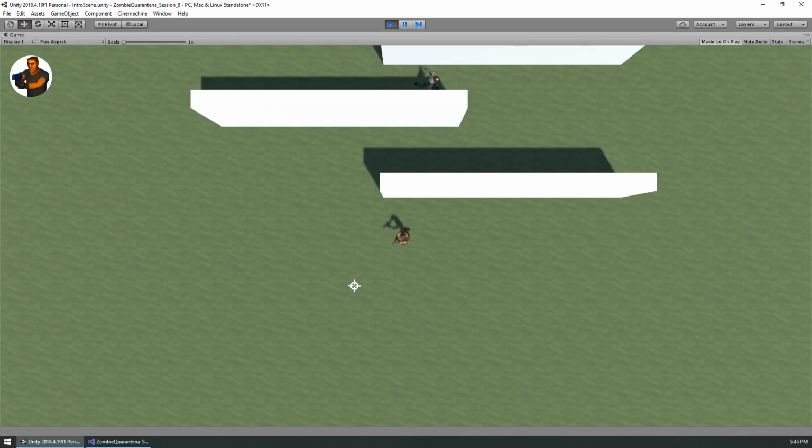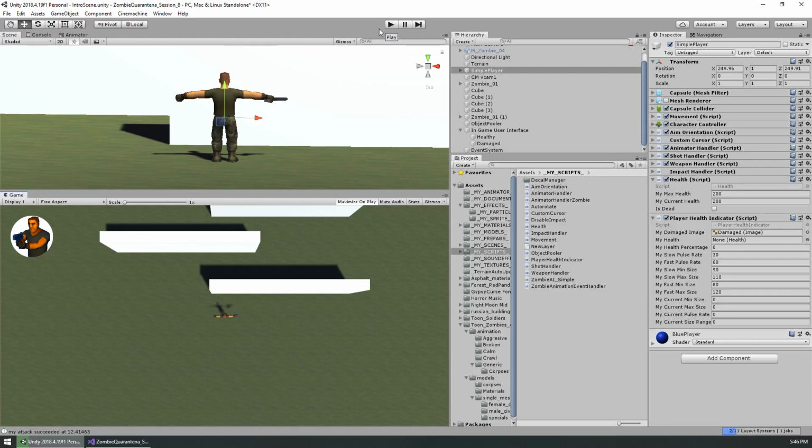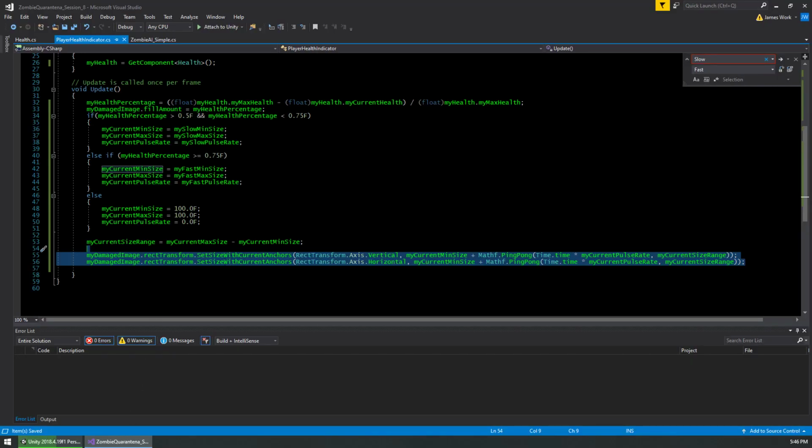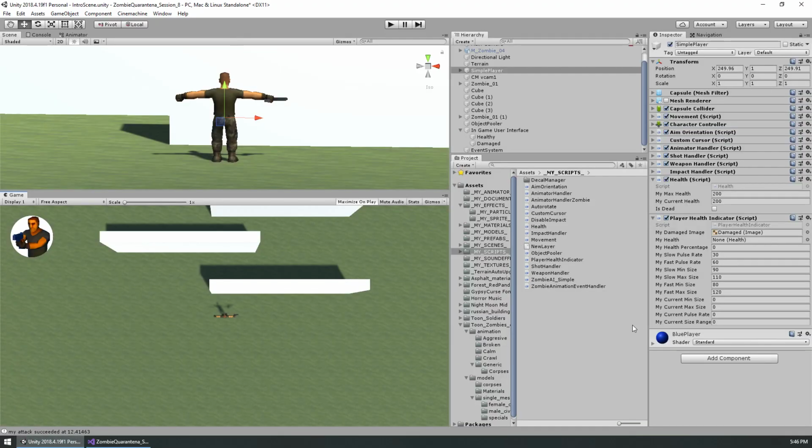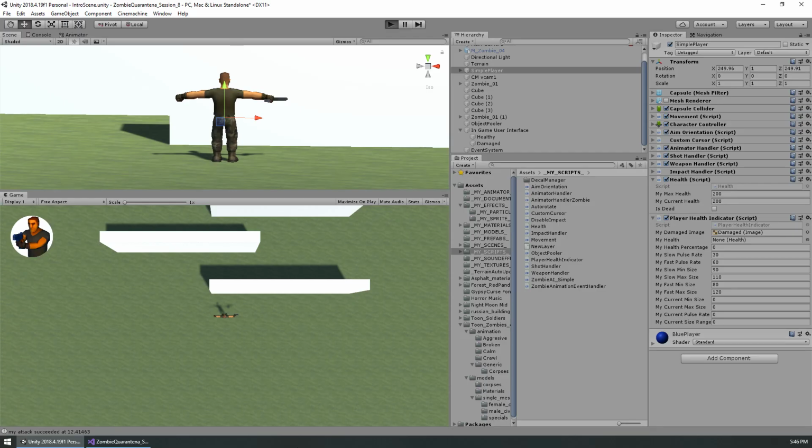And again, I want my character to take damage. This is not time for me to worry about shooting the zombies. Okay. I start taking damage, and nothing is happening for some reason. What changed? Let me turn maximize on play off and see if I can figure out what's going on. So